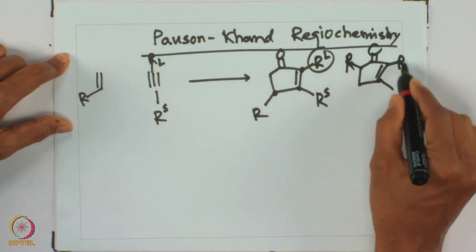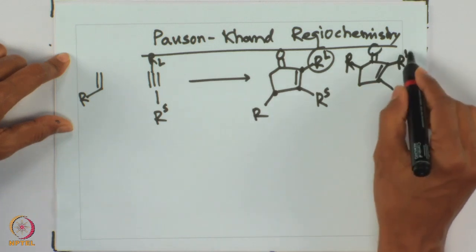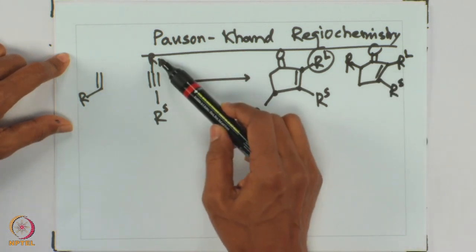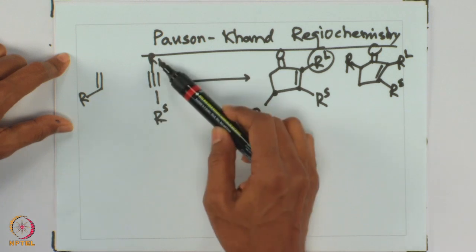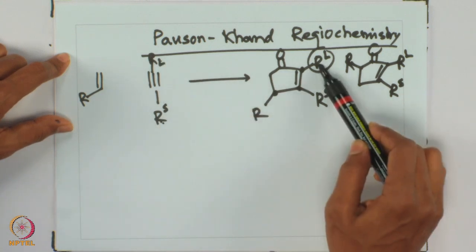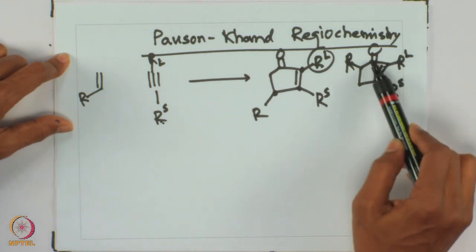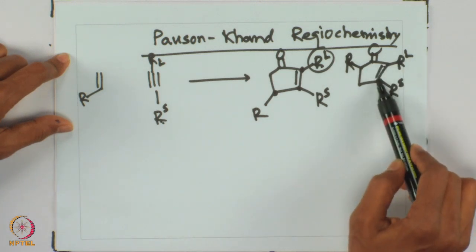So, as you can see, R_L and R_S, one is large, one is small. The large substituent is always close to the carbonyl, and the small substituent is